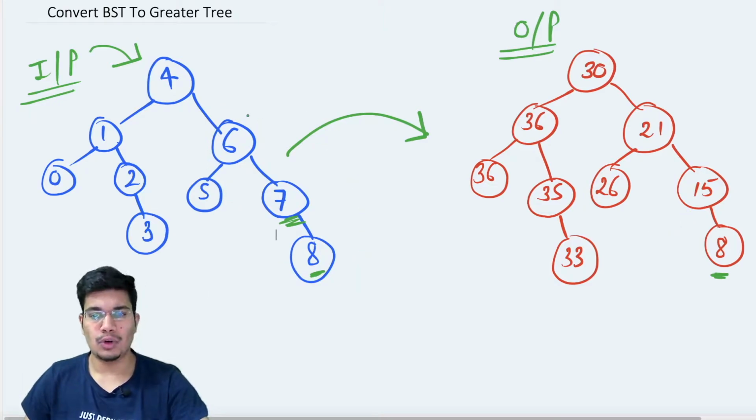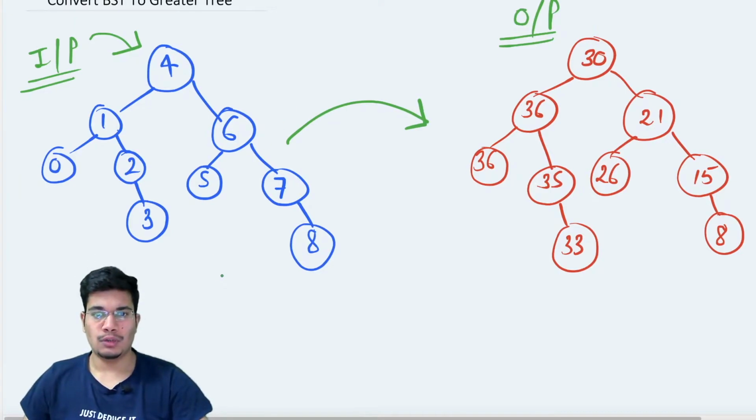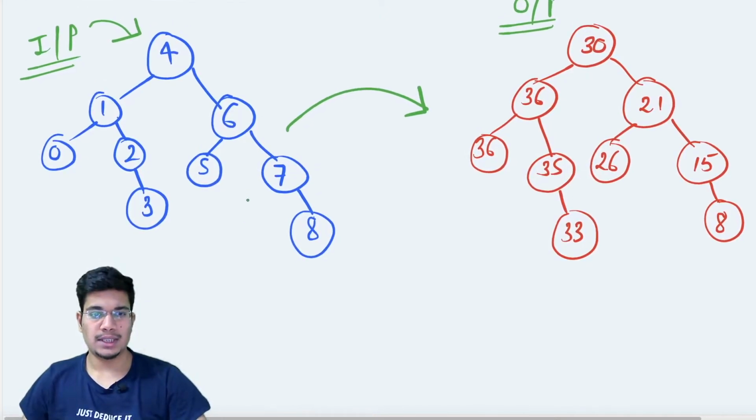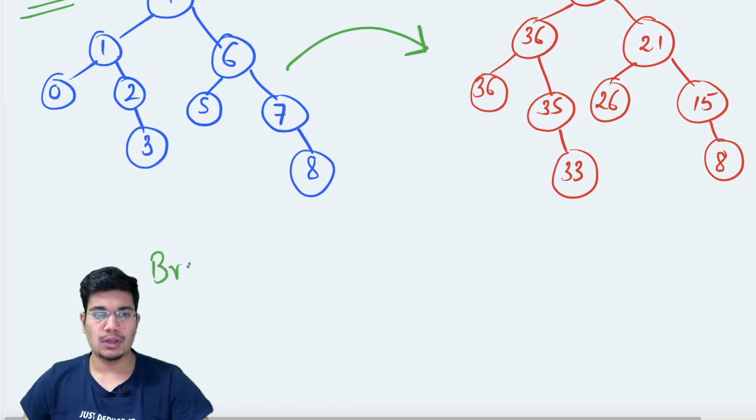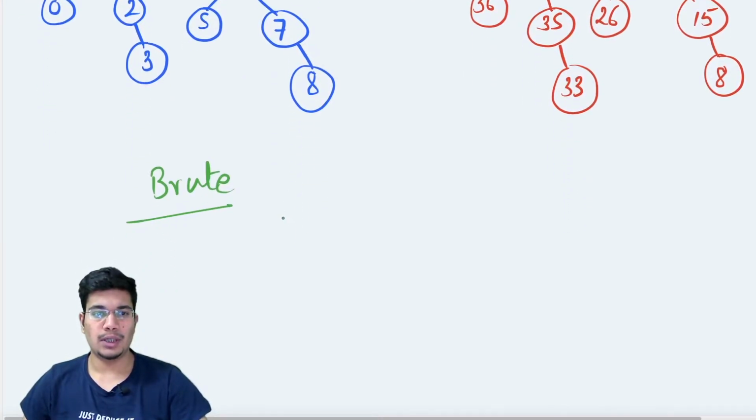And then similarly for all the values, you can see that we add all greater values to that value and update the node and then return the tree. So what should be the approach for this one? First is pretty simple. So for the brute force approach, what we can do is for every particular node, we'll